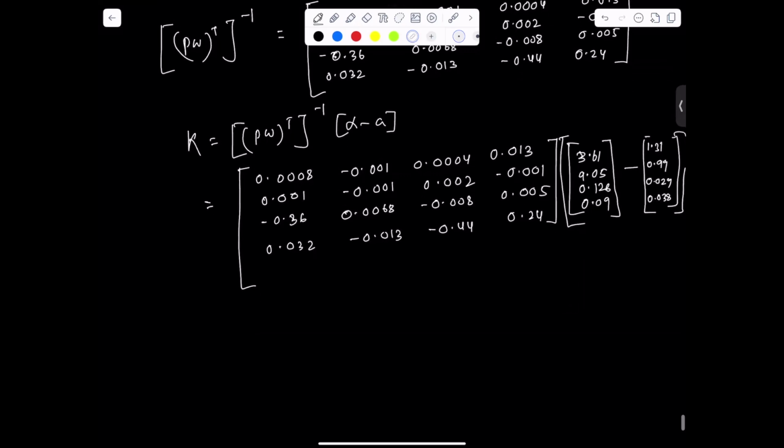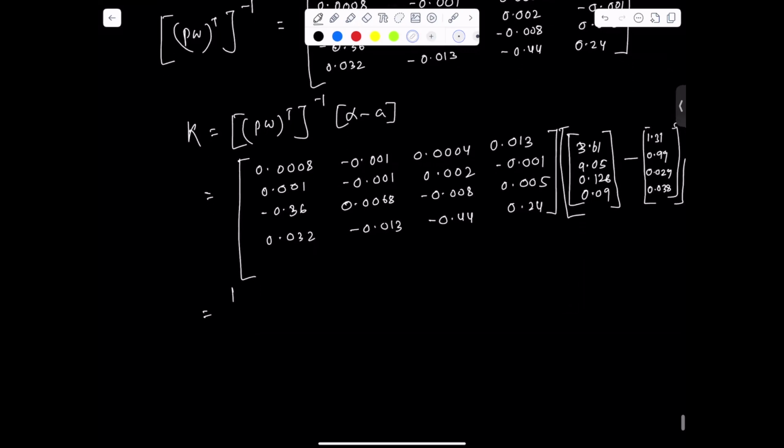So the final value yields to be minus 0.005